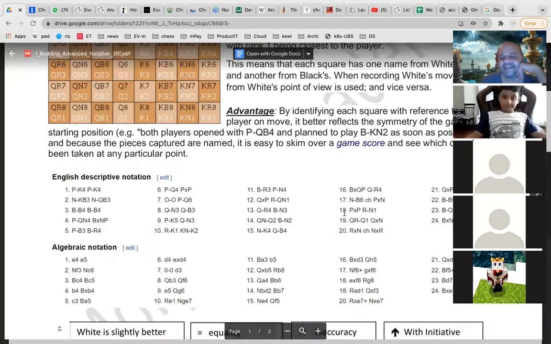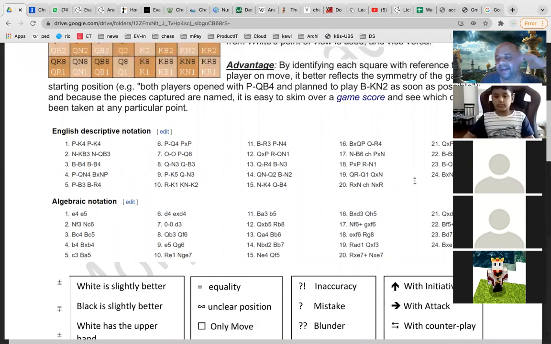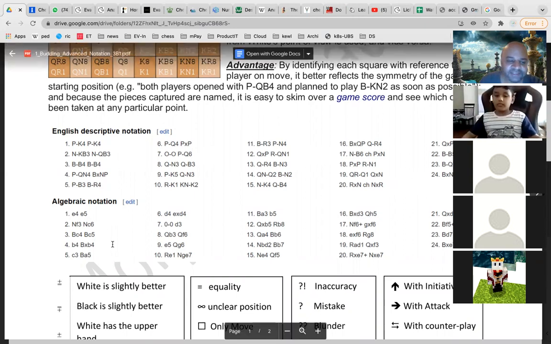So what I have done is I have given the entire game here in algebraic notation and its corresponding English descriptive notation. I want you to go today and set up the chessboard, make the movements using the algebraic notation, and first write down what you think will be the English descriptive notation, and then check whether you have got it right. One move at a time, you don't have to write the full thing and then check, because then you'll get confused. Every move you write it first, then check whether it matches the English descriptive notation.